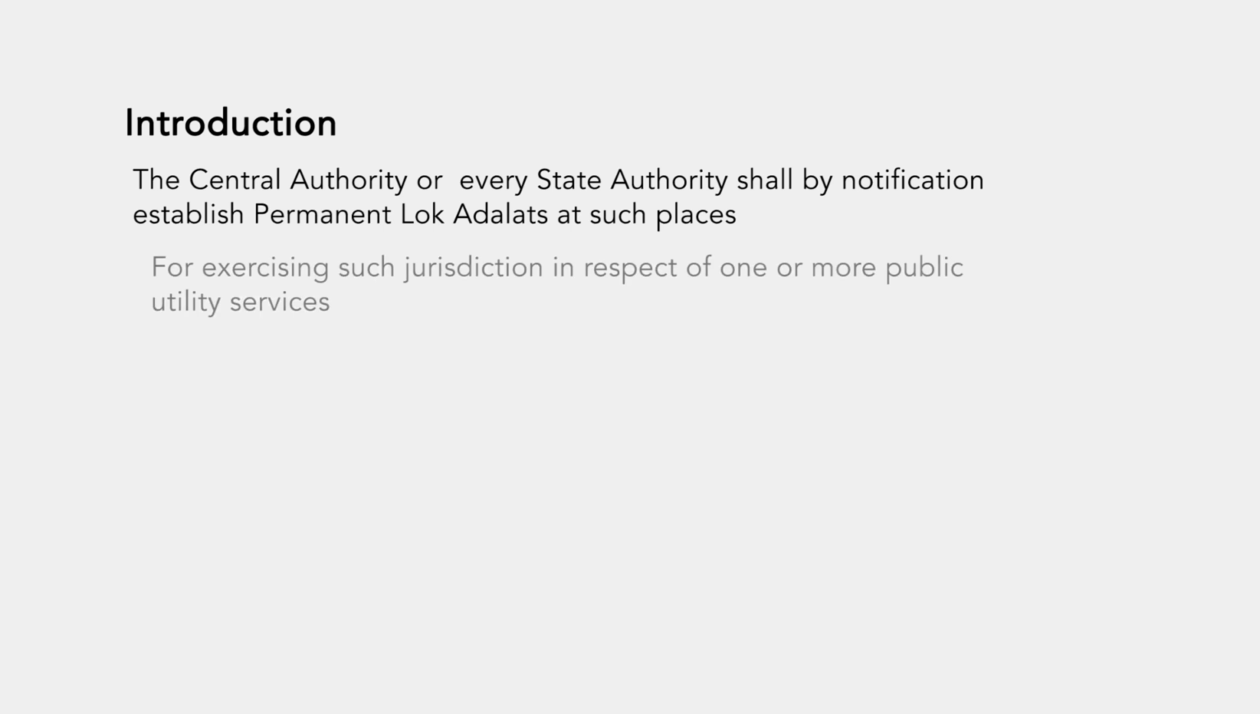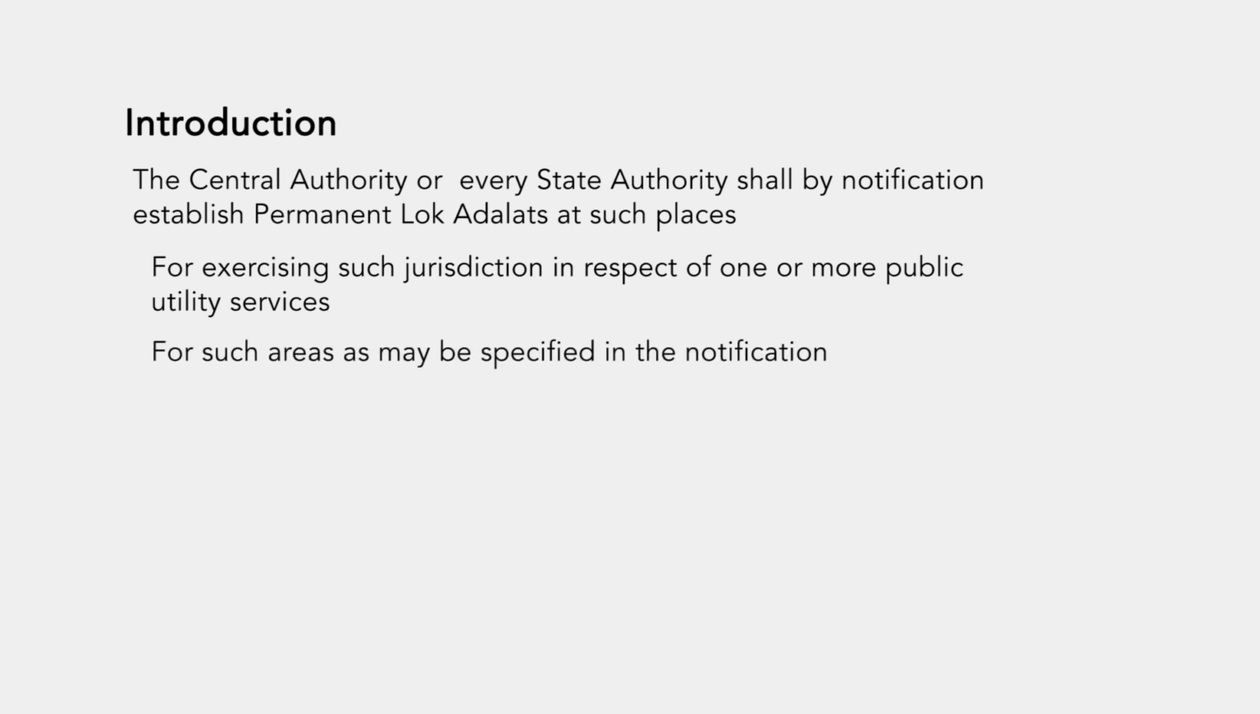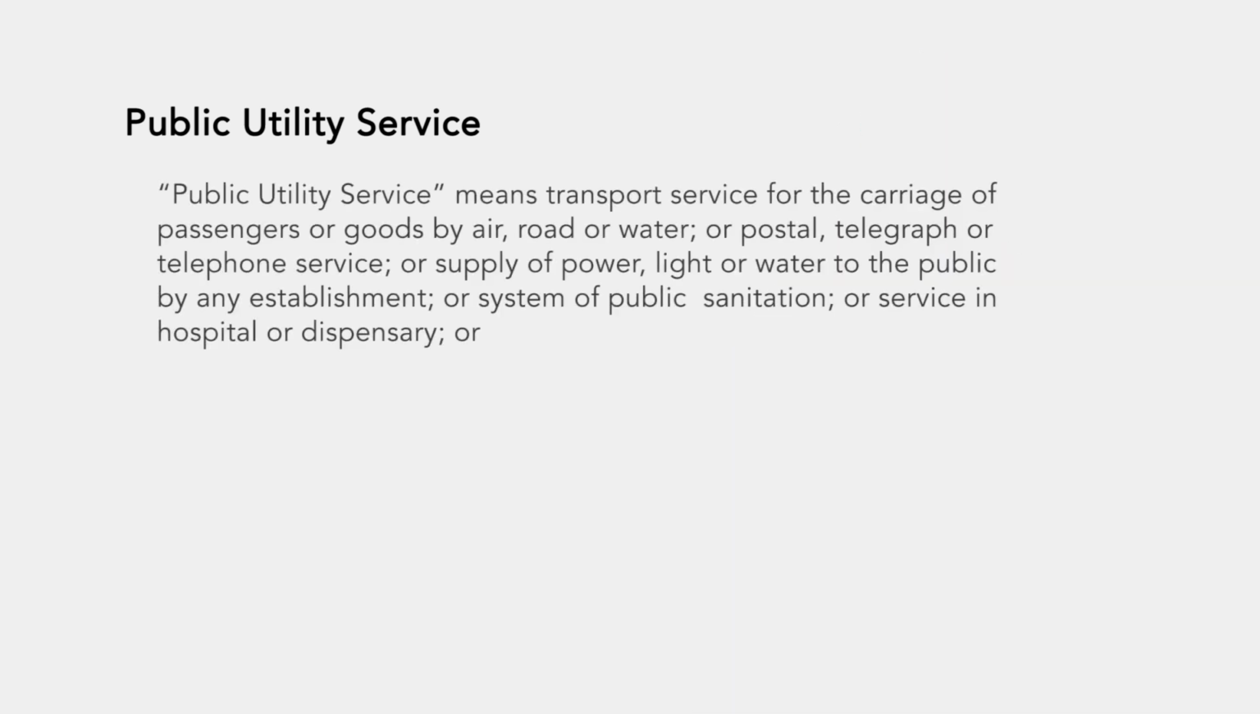Number one, for exercising such jurisdiction in respect of one or more public utility services, and for such areas as may be specified in the notification. Public utility services. Now, how do we define or understand public utility services? Public utility services means transport for the carriage of passengers or goods by air or water, or postal, telegraph or telephone services,